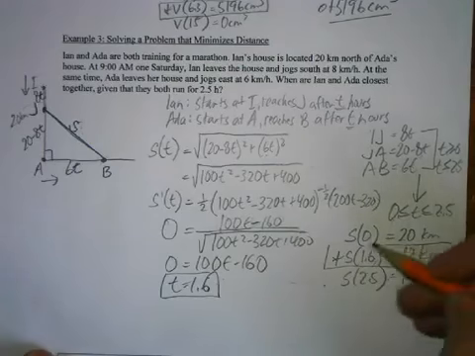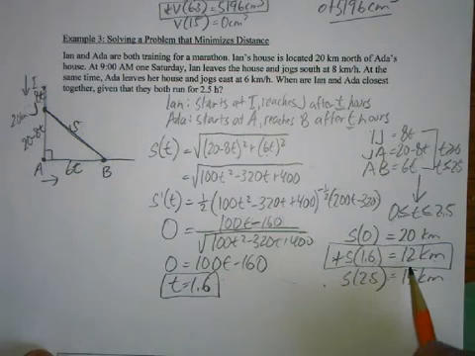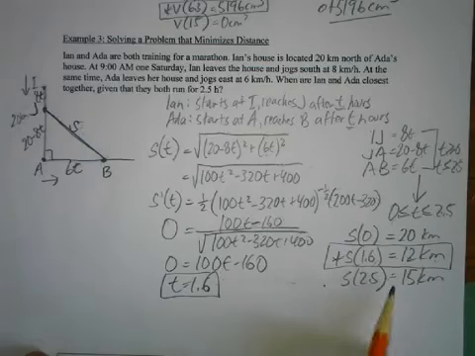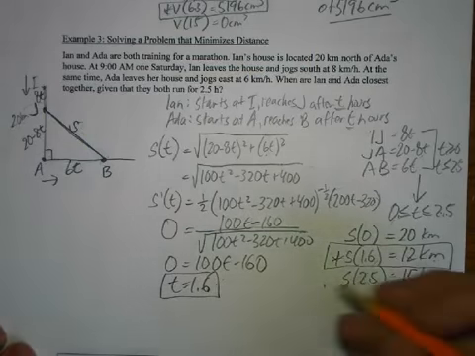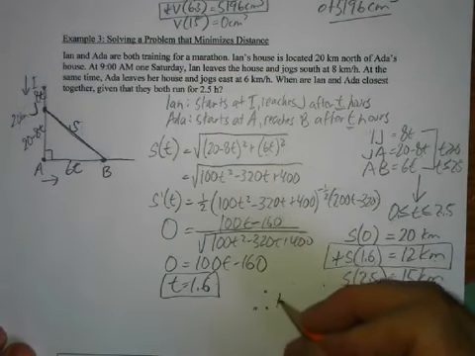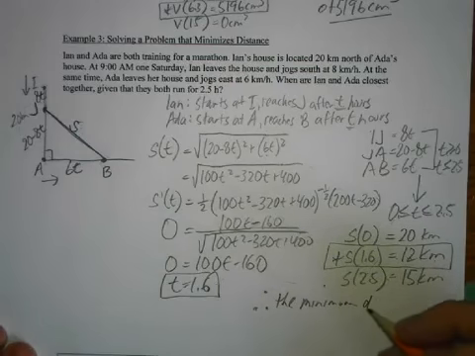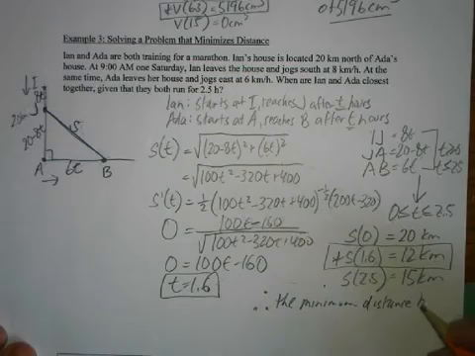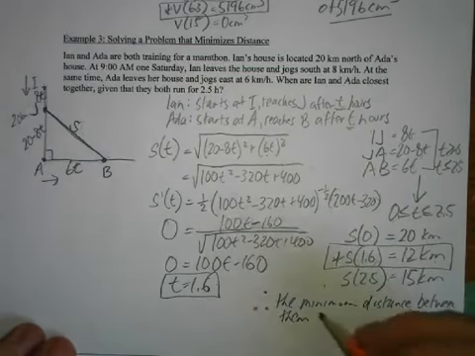Okay, and you can see this time it actually was closer than the last two cases. So you can see the requirement to have to check these, because there will definitely be cases where you will take one of the interval extreme values. So therefore the minimum distance between them is 12 kilometers, which we got from there.